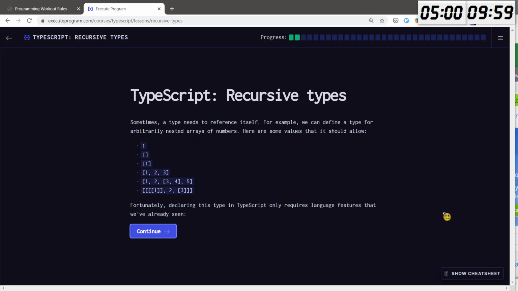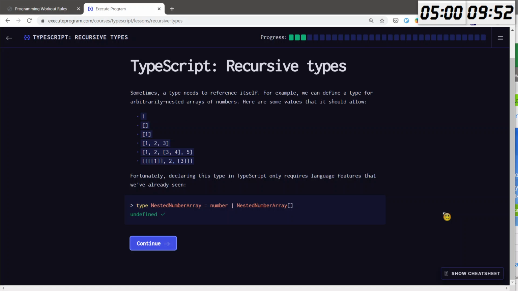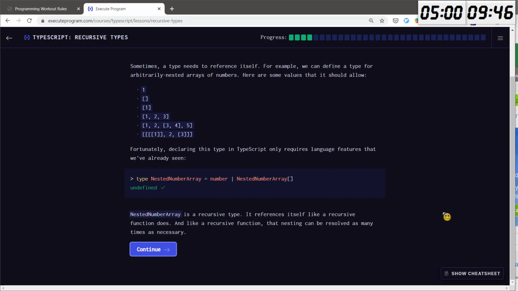Fortunately, declaring this type in TypeScript only requires language features that we have already seen. Nested number array is a recursive type. It references itself like a recursive function does. And like a recursive function,